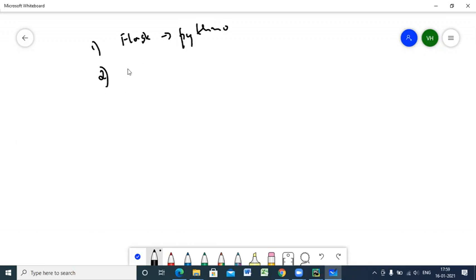Whenever we say a Flask application, for everything there will be a folder structure. There are different folder structures. For example, the design files must be in one folder. The CSS, the cascading style sheets, must be in one more folder. The Python files must be in one more folder. Like this, each and every folder will have different files. That is the architecture. This is how the Flask architecture is defined.